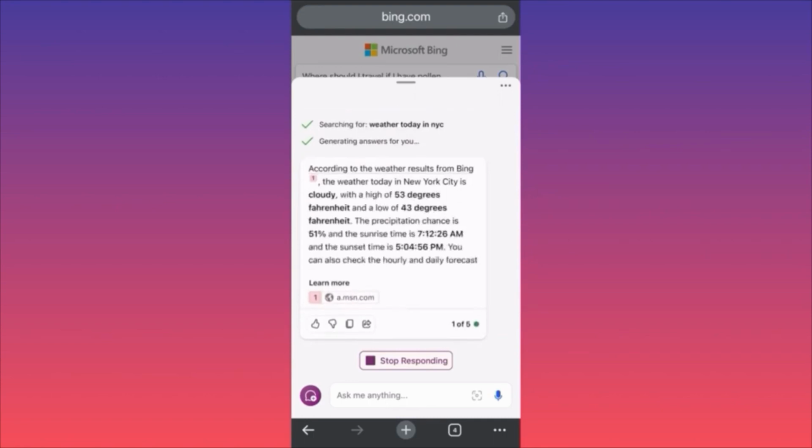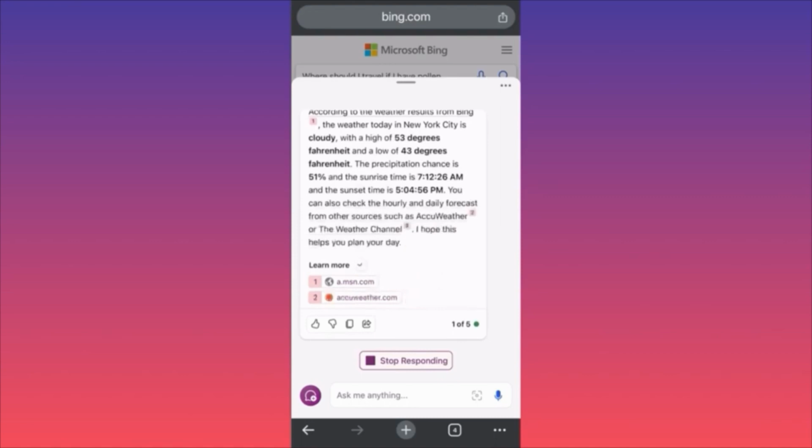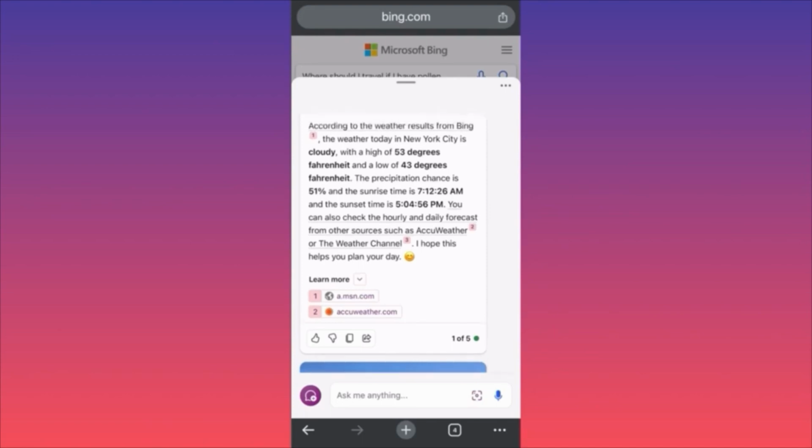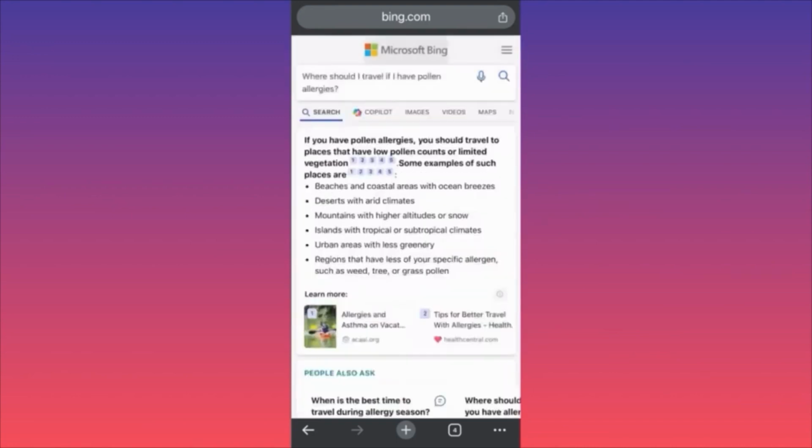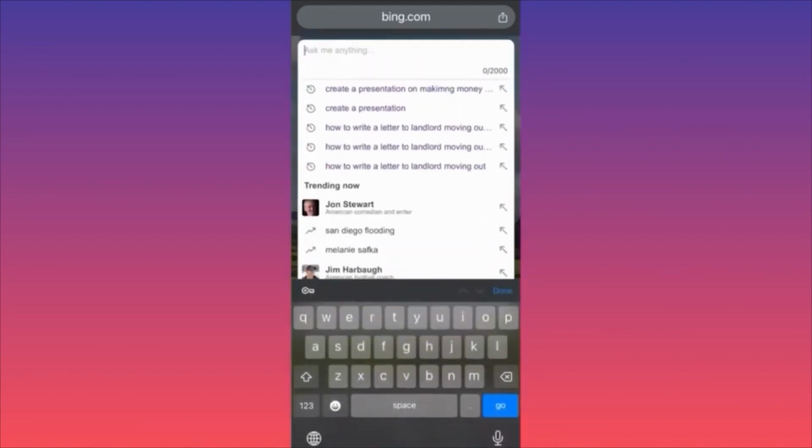So if you look over here, according to the weather results by Bing, the weather is going to be 53 degrees. We get a short answer with some details, and we get two website links underneath if you want to learn more. This is what we get if we use the chatbot. If you go back and click on the actual Bing and type the same question over here in the search box,